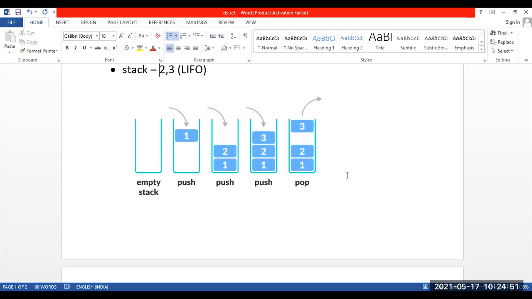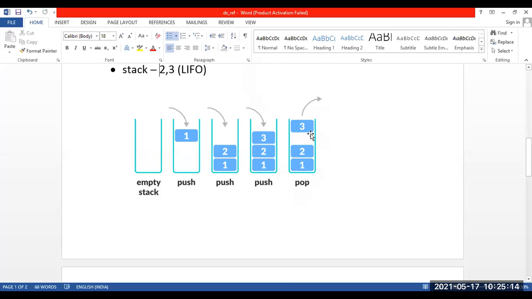So by this, what we understand here, come back again to this Word document. Now we have inserted, and that operation is called push. Next, we shall understand the pop operation. Pop means removing an item. Pop basically means removing an item from the stack.